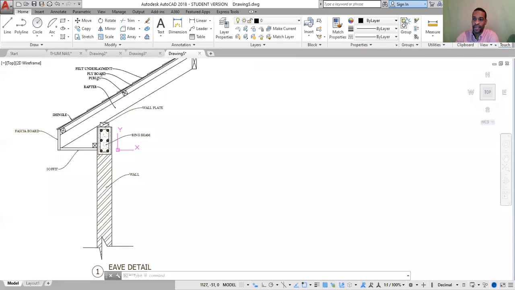This is pretty much a basic roof. The main components of a roof are the soffit, and it's important to know that for open eave roof framework, we do not have a soffit. So this is not there. The fascia board is normally there on most roofs. Rafters are standard, but the purlin,